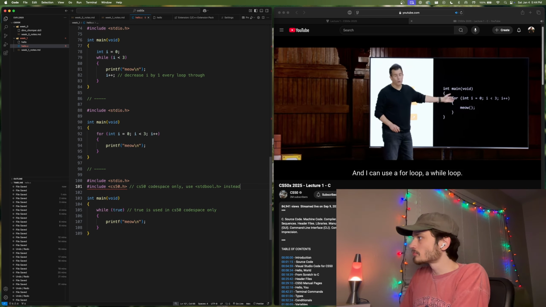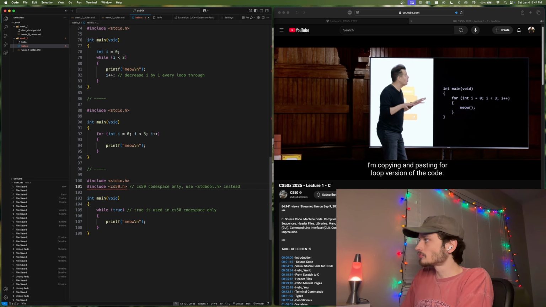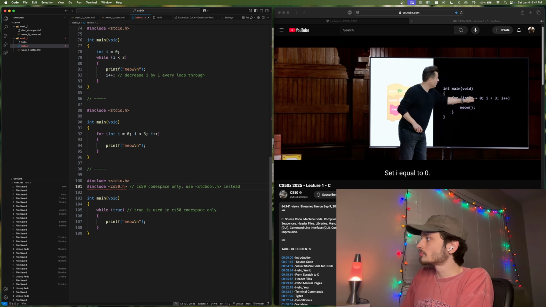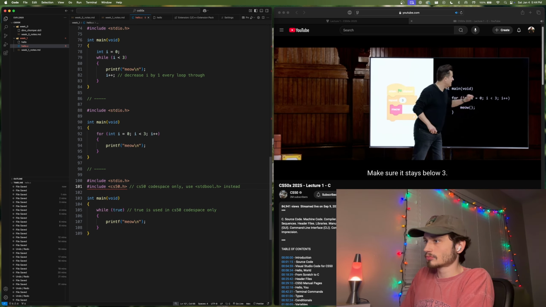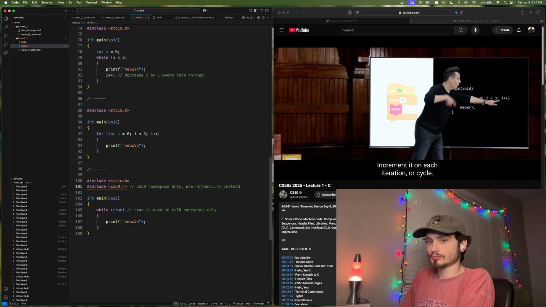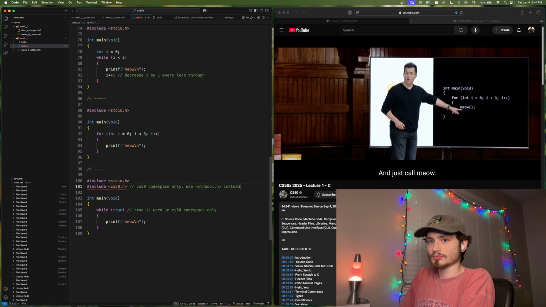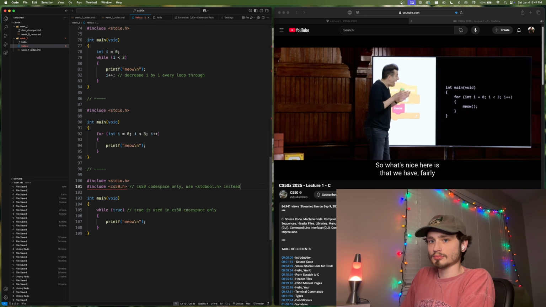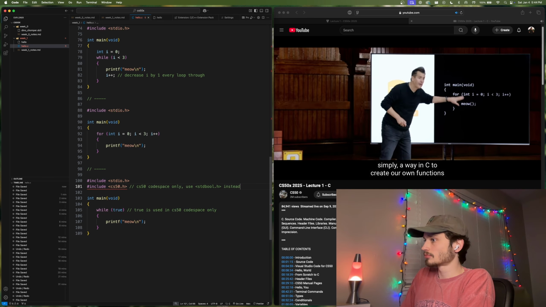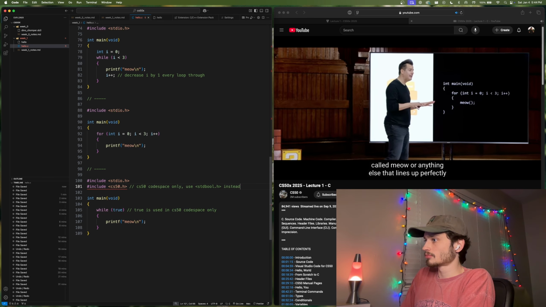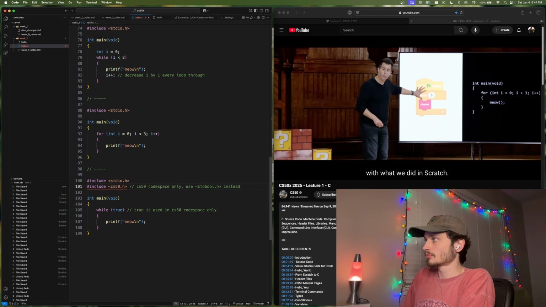And I can use a for loop, a while loop. I'm copying and pasting the for loop version of the code. Set i equal to 0. Make sure it stays below 3. Increment it on each iteration or cycle. And just call meow. So what's nice here is that we have fairly simply a way in C to create